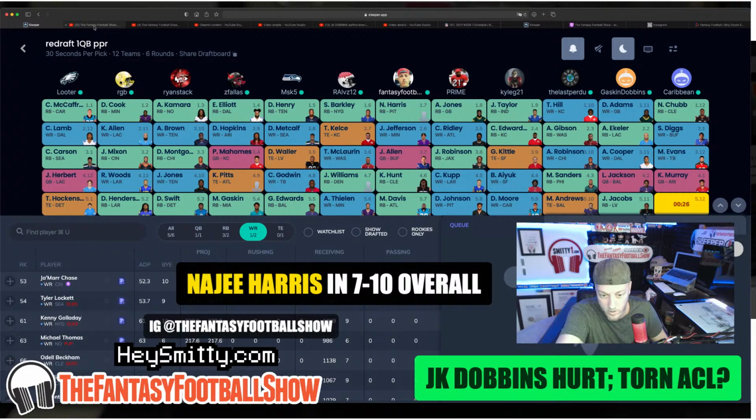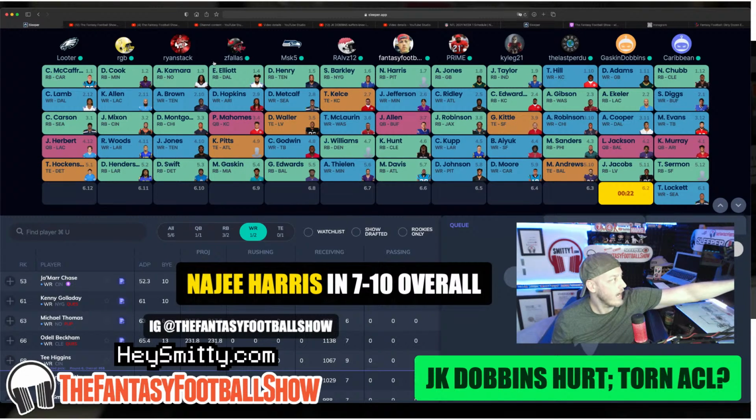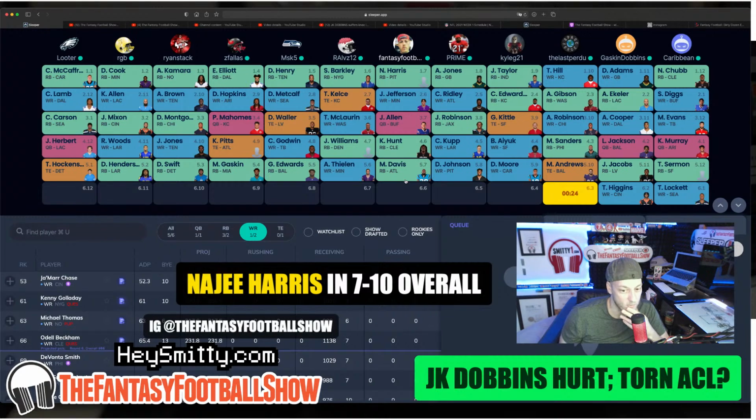Smitty, who would you take at 1.6 in a 12-teamer if Zeke's gone? I'm saying it, bro. Maybe I need to change the graphic up here to 6 to 10. It depends. You have McCaffrey, Cook, Kamara, Elliott. And you could go Harris, bro. I mean, it would be early, but